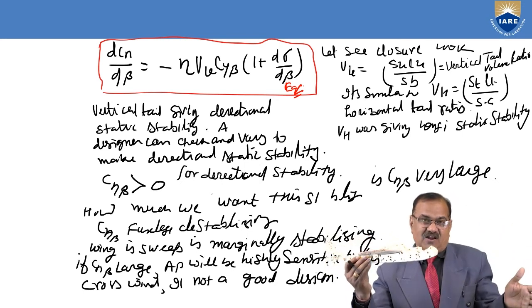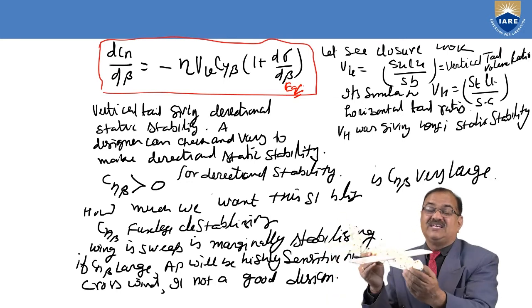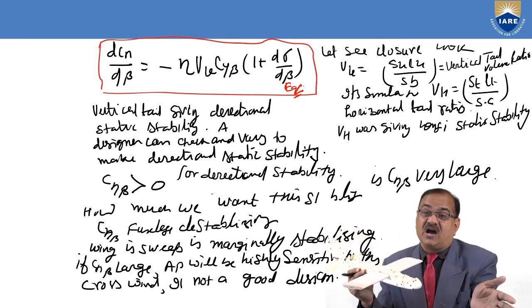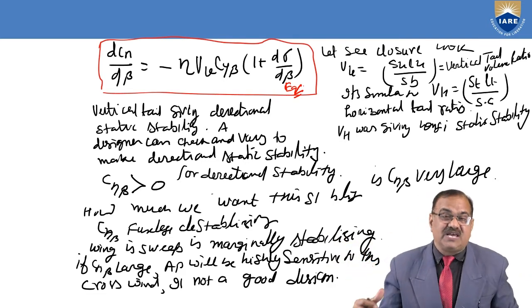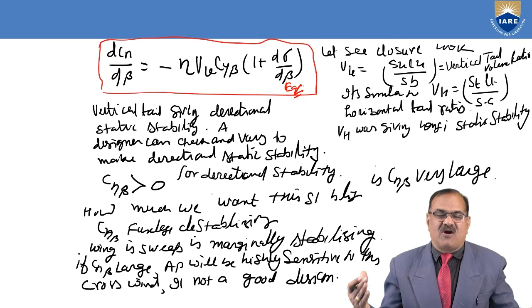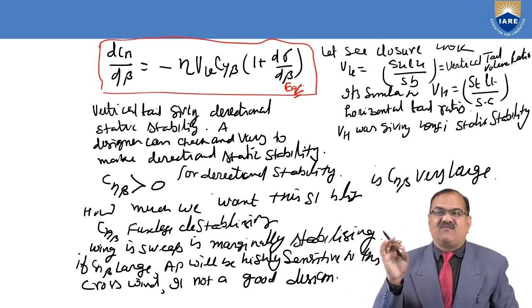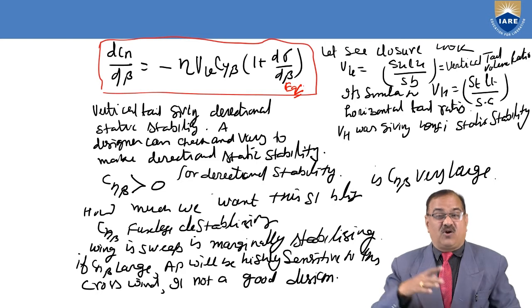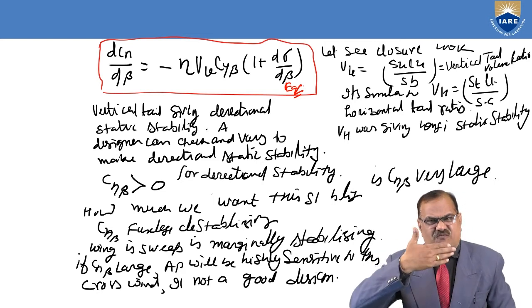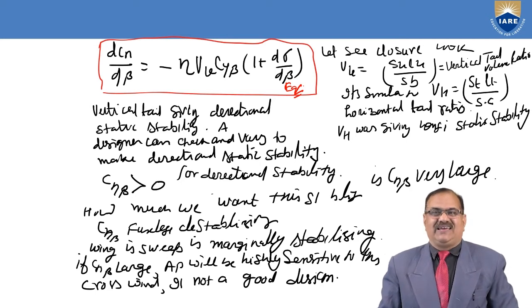Because there is a runway, and if all of a sudden a side wind comes, the aircraft will start turning and go away from the runway, and it may have landing problems and may crash. So a limited value of Cn beta is required, because if the Cn beta value is quite large, it will give a very quick response, and at that time the pilot may not be able to control the aircraft.